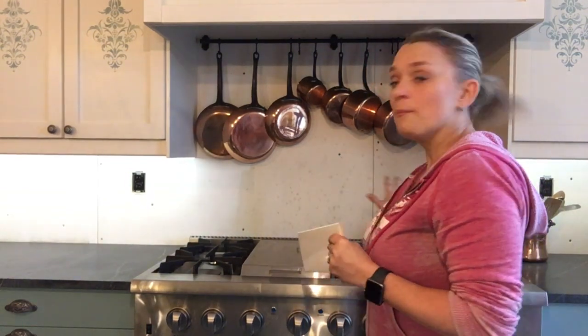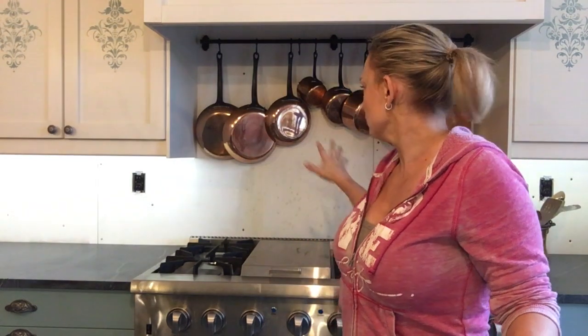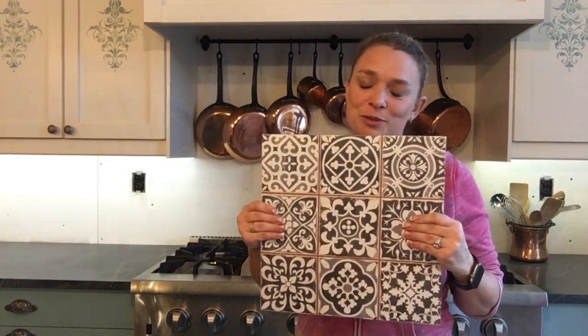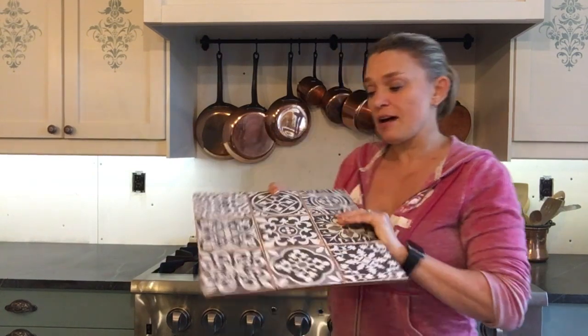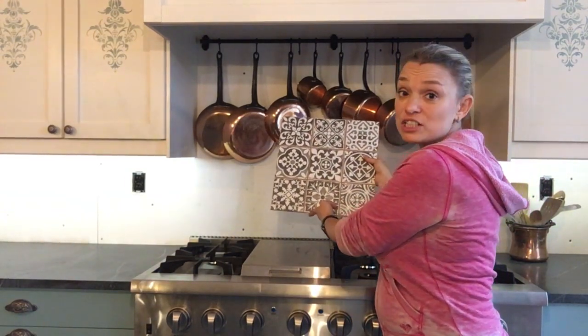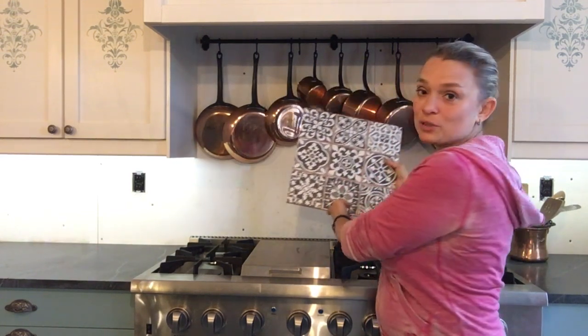But one of the things that we realized was that this section here above the range, which has our copper pots on it, just needed something. It needed something to highlight it. It's just such a special place, and especially with the copper pots as well. So we went searching and we ended up finding this tile. And it's really kind of cool because it's one big tile, but it looks like smaller tiles, which Stephen's very happy about because he has less grouting to do. So we've decided that we're going to put this tile into this section above the range and underneath the fan here. So this whole square with the copper pots is going to be